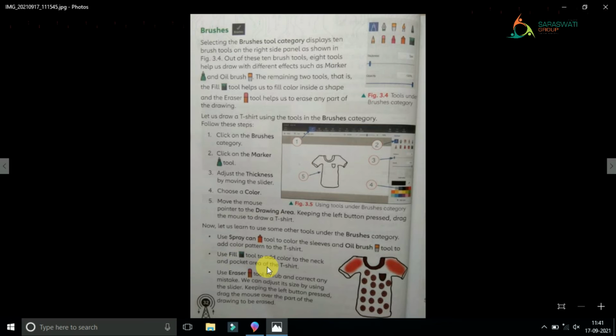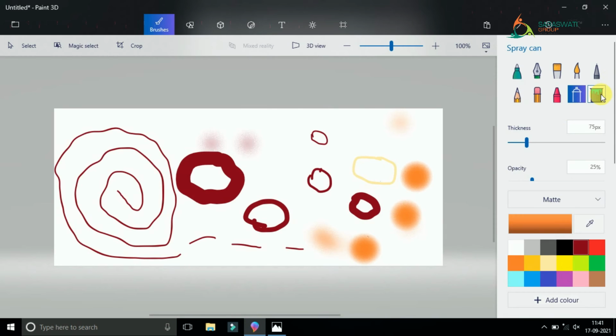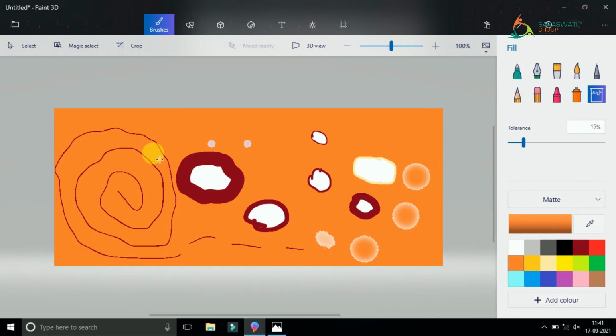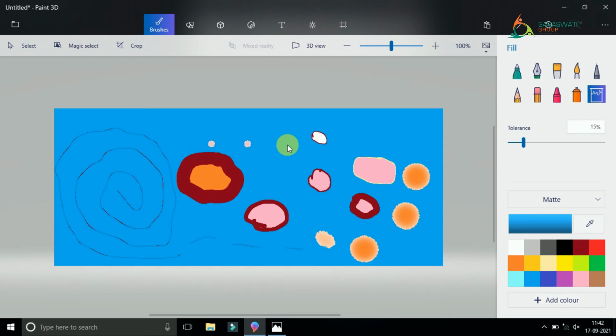That means if you don't want to color by hand, you can choose this fill. So automatically the whole drawing will get colored. See, you can see, right? You can see that I am choosing the different color so that you can have a better idea. Yes, see here. I am filling the color with the different colors. So see, yes, I am not good at drawing, but yes, I am good at coloring. So you can see that I am changing the color by using the fill can. I put in the whole color bucket.